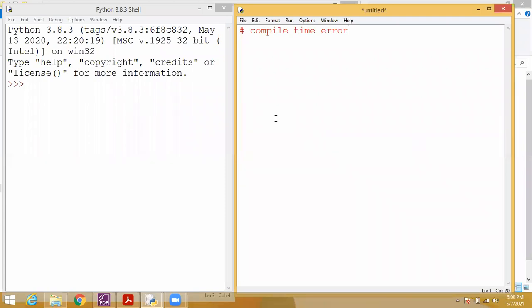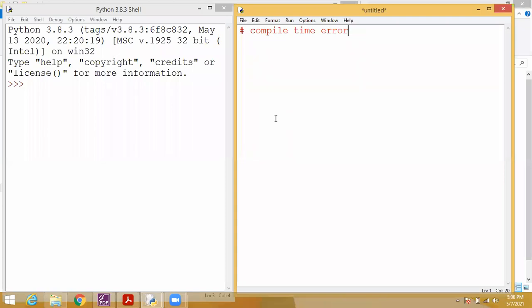What is meant by syntax in a programming language?